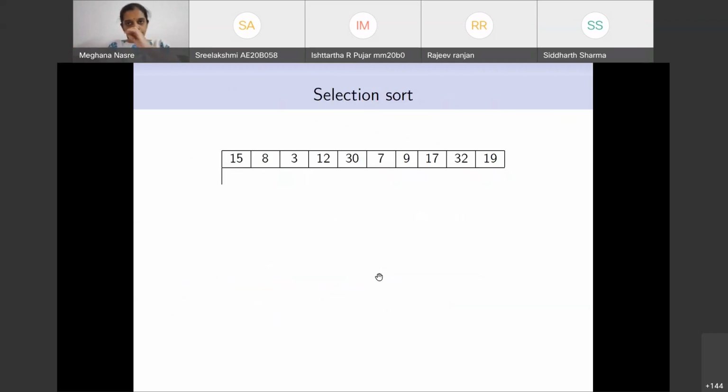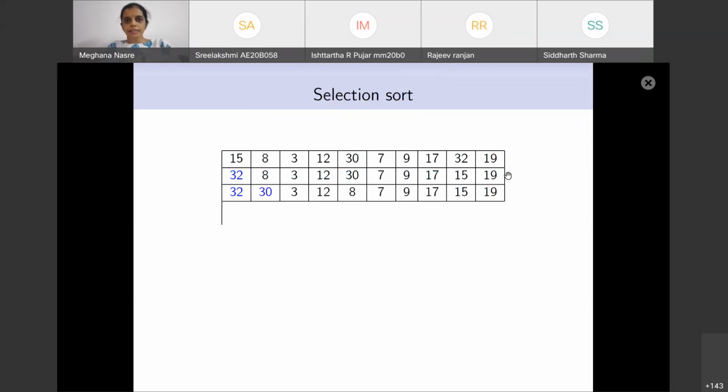Okay, so just to see it in action, if you have this array which is given to you, we are going to have the maximum element at its correct place, which is 32. After this, the task that remains is to sort this part of the array which has been highlighted. Then we are going to find the max there and put it at its correct position. When you put this at its correct position, what happens to the element that was here? It swaps its position with the maximum element in the remaining part of the array, and that is why now this part of the array remains to be sorted.